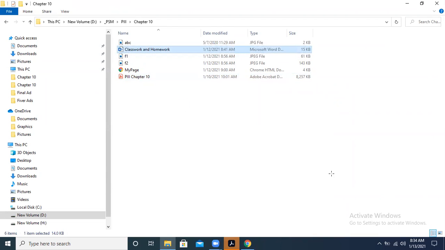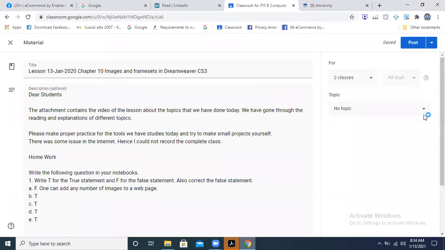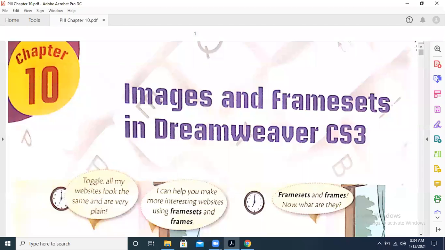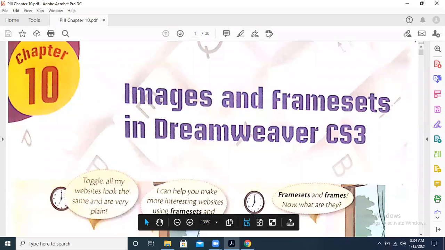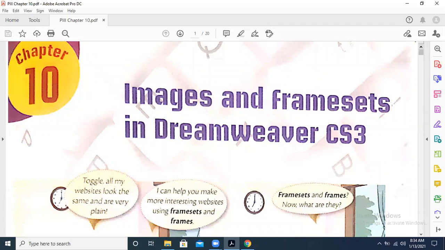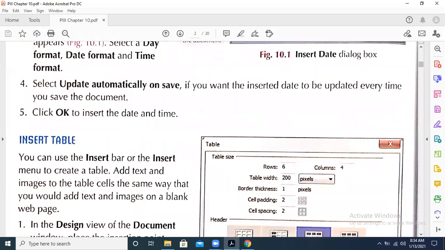So in your book, if we go to the chapter and if we see, we are going to cover some more things to write in your notebooks. In the last class, I had given one question only.